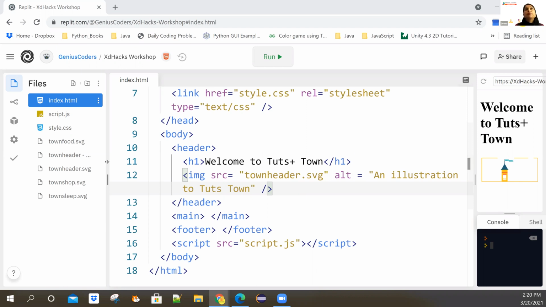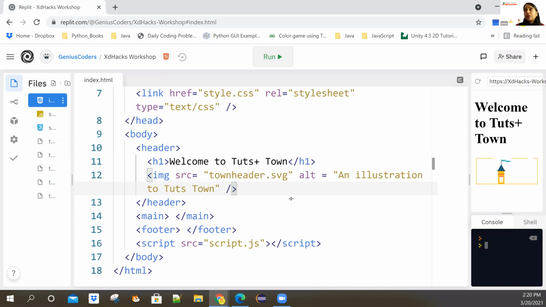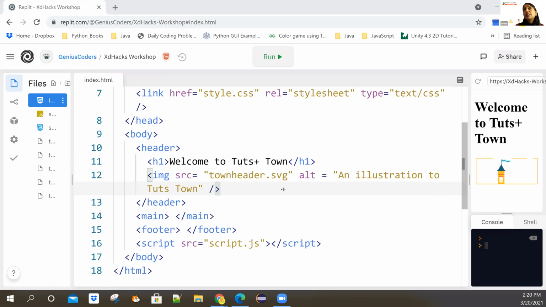Moving on. Now we are going to come to our main section. All right. And what we are going to do is subdivide even our main into 3 sections. Again, we are containing the smaller containers inside our bigger container, the main, as we have already done. So let's first make these smaller sections. So we need 3 sections. All right. First section is for the